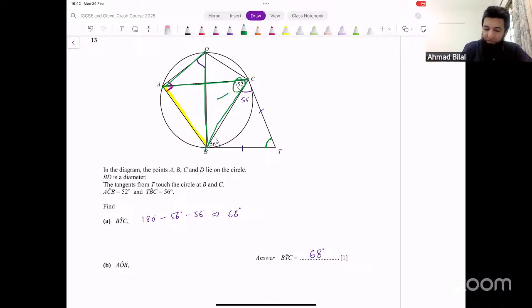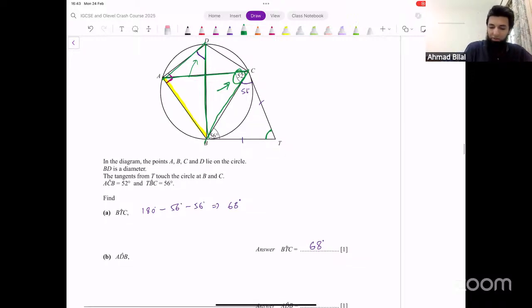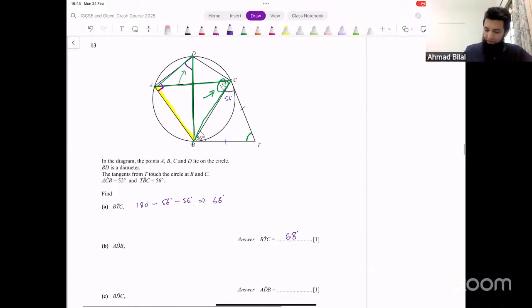This is 52 degrees. If that's 52, then this angle here should also be 52. Angles made by the endpoints of the same chord in the same segment are supposed to be equal. So the angle ADB therefore is also going to be 52 degrees. Using the angles in the same segment property, this angle here is also 52 degrees. All right,